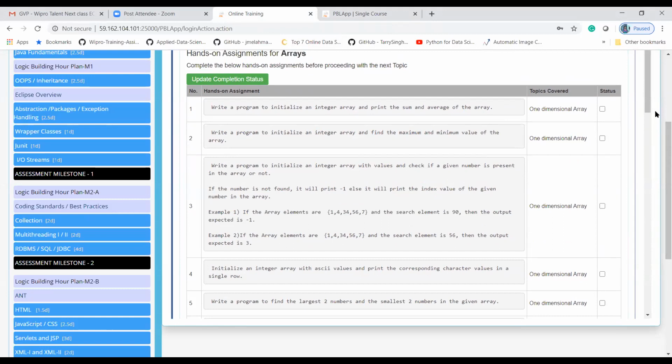You need to complete these programs. If you want to reach milestone one, you should already know all these programs. Write a program to initialize an integer array and print the sum and average of an array. I will explain a few of these programs.